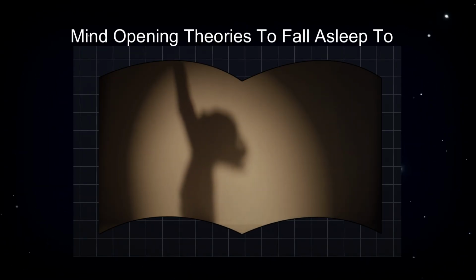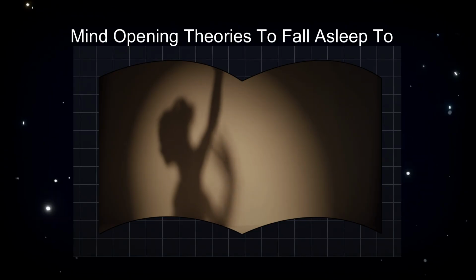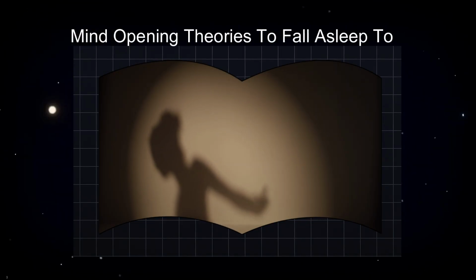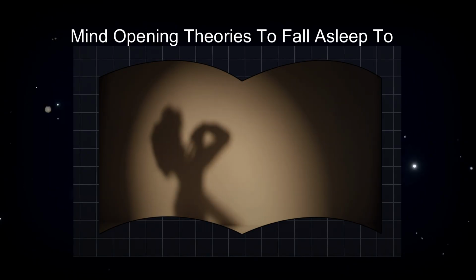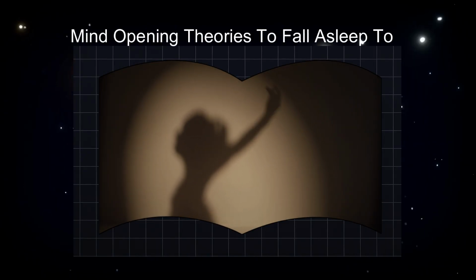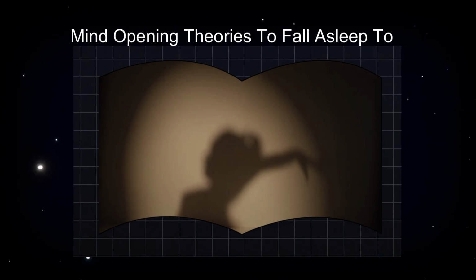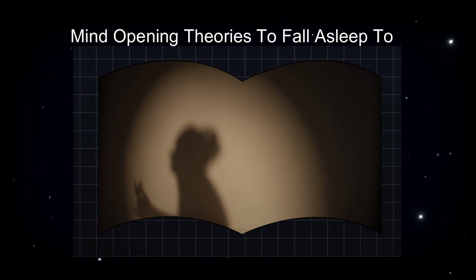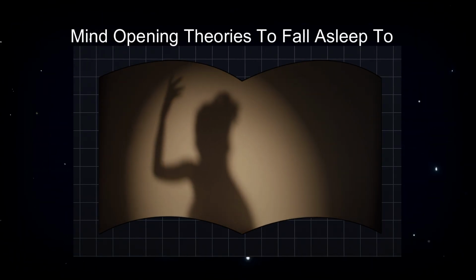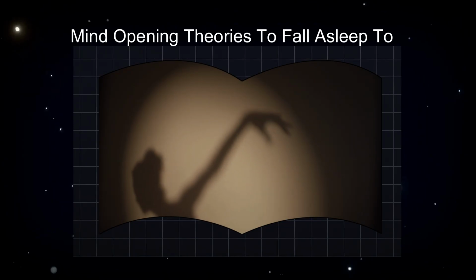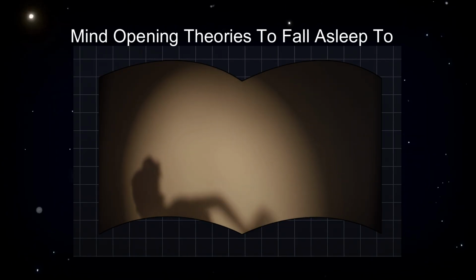Elliptic geometry. Now imagine the surface of a sphere, like the Earth. In this geometry, no parallel lines exist. Every line eventually intersects another. Here, triangle angles add up to more than 180 degrees. Think of lines of longitude, they meet at the poles, even though they appear parallel at the equator.